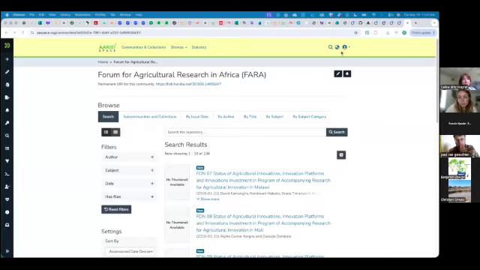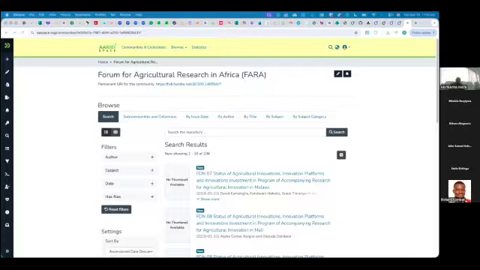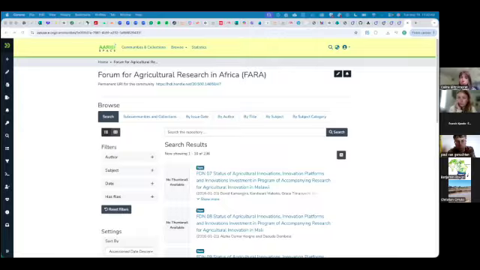So the AA space is basically built on DSpace. And then we have been working in collaboration with ILRI, who are the custodian of the CG space, also built on DSpace. We were hosting our library in a WordPress platform, but at times it becomes difficult for search and all those things. So we thought it was okay to move it to a repository. So looking at what the CG space has done, which was quite remarkable, we decided to mimic the CG space platform.